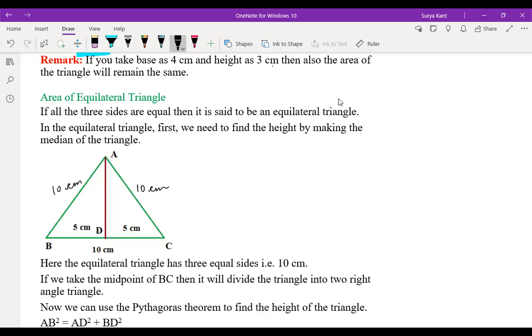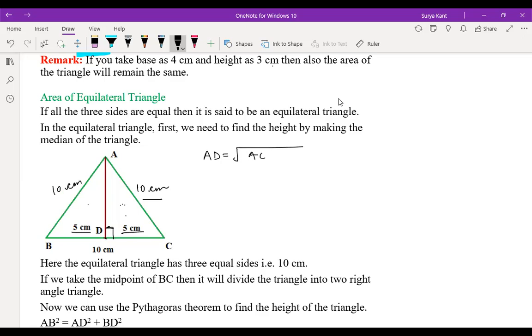So here what we can do is, this hypotenuse, we know this is the longest side. If this is 90°, this is the longest side. So we can find this height, then we can multiply by both. How can we do it here? This is the median. Children, this AD is the median. So this divides into 2 equal halves, 5 and 5. So if you want to find AD, what can we write for AD?